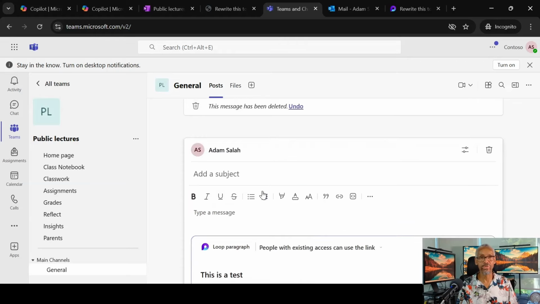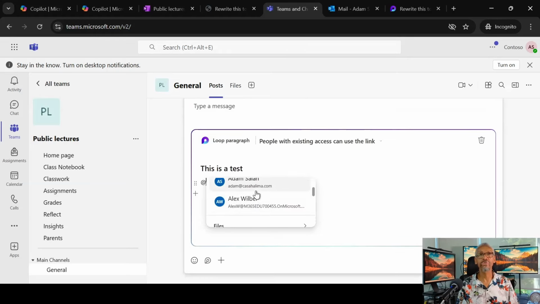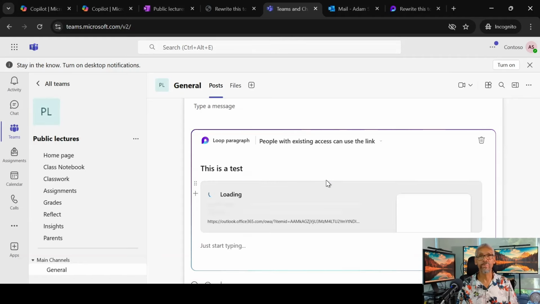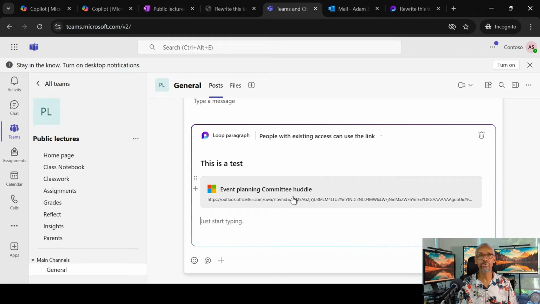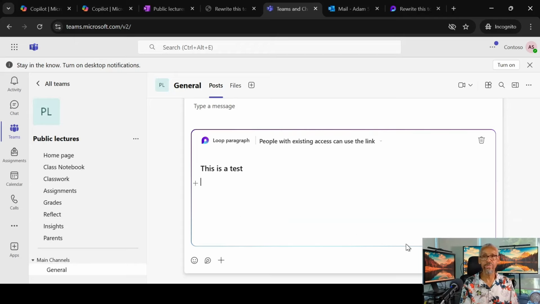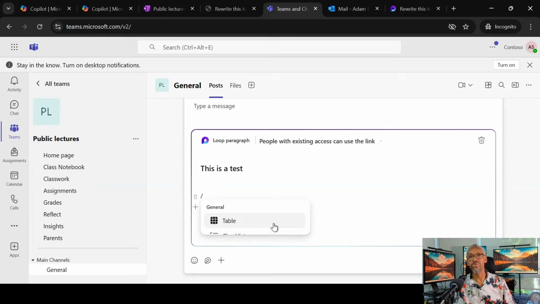So you can actually insert files inside of this component. So if I were to plug in this, for example, in here, you can see that I will put in a link to an Outlook calendar event that I attended a while back, and this happened to be in my calendar. Another thing you can do in Loop is if you hit /, as you can see, you will